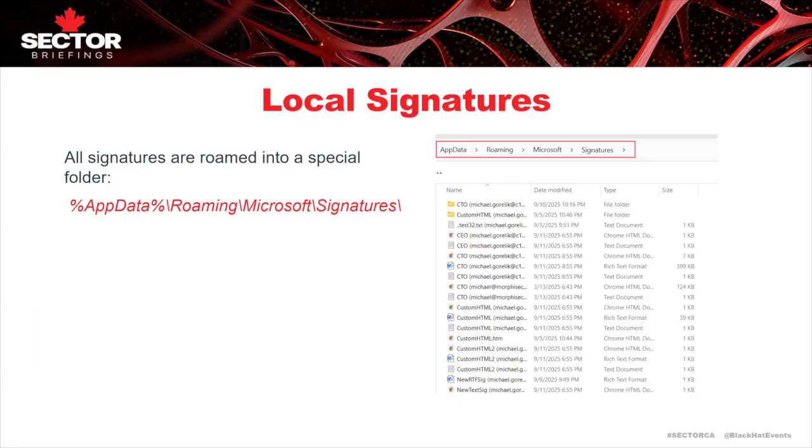Those signatures are basically saved in a special folder, as you would expect, roaming under the user profile, Microsoft Signatures. And you can find here for every new signature, HTML, RTF, TXT. For some, you see just HTML, just because I played with that. Essentially, you can delete stuff. You can add stuff here. This is an accessible, interesting location. Check it out. You will see a lot of your signatures stored here.